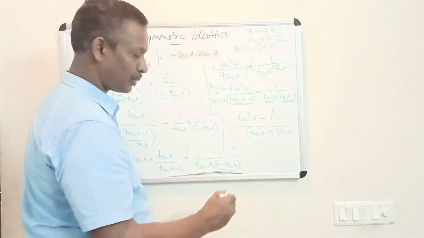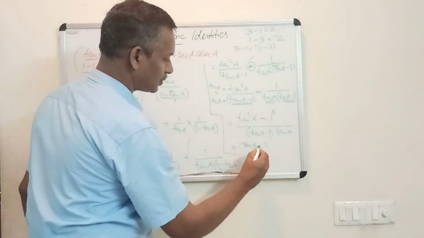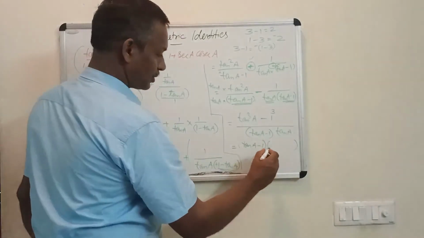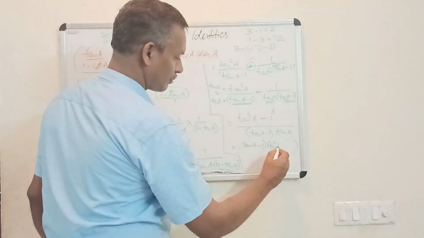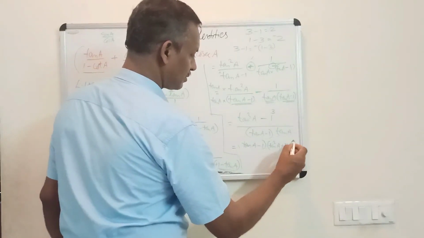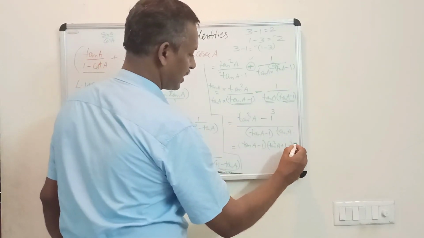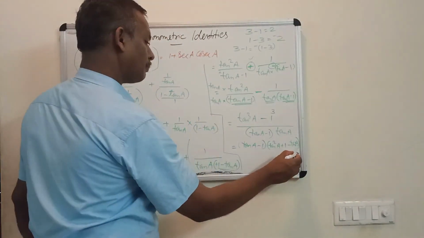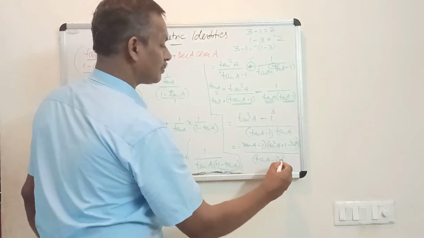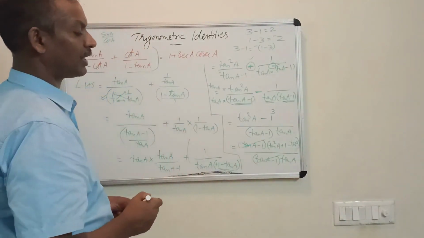What is A cube minus B cube? You all know that. A minus B you have to write. That is tan A minus 1. It is the first bracket. And the second bracket is A square, that is tan square, plus B square is 1, then plus AB, that means 1 into tan A. 1 into tan A is tan A only, by tan A minus 1 into tan A. These two get cancelled. Tan A minus 1, tan A minus 1 is cancelled.